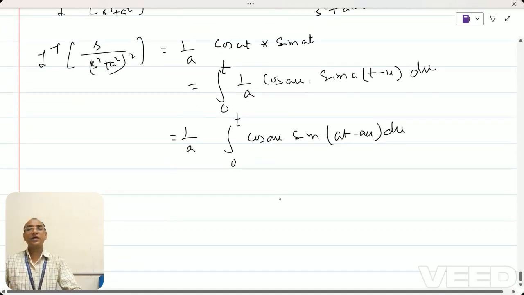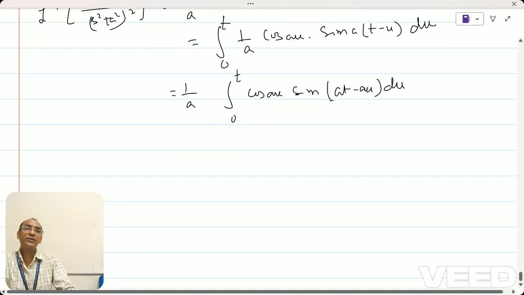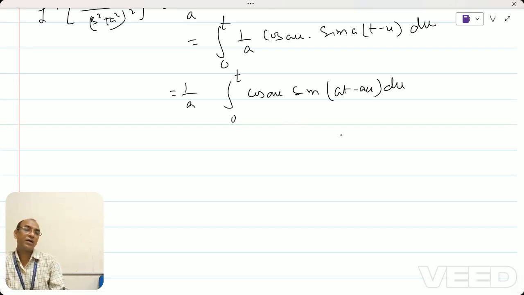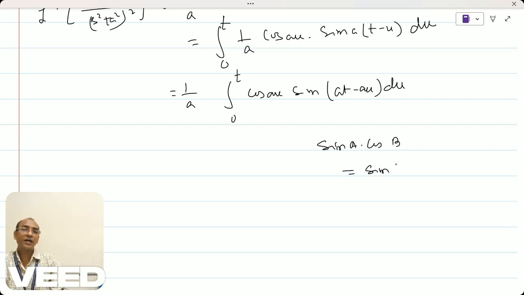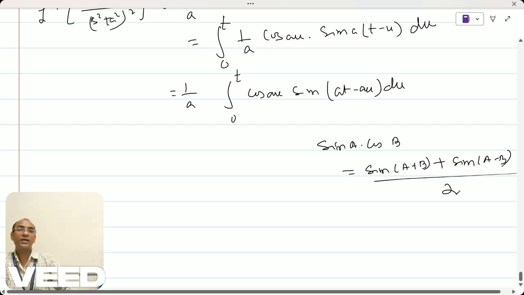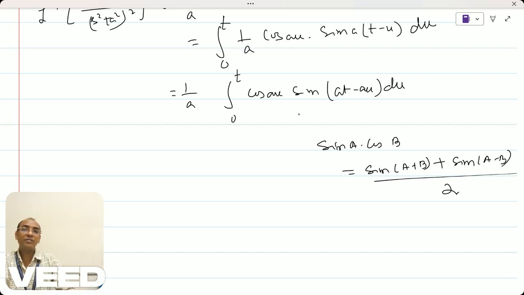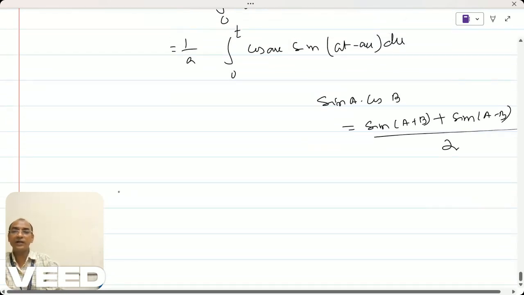Now you can integrate this using whatever formula you know, but I will advise you to use the formula of sin A into cos B. The formula is (sin(A plus B) plus sin(A minus B)) divided by 2, where A is at minus au and B is au. So finally what will you get,